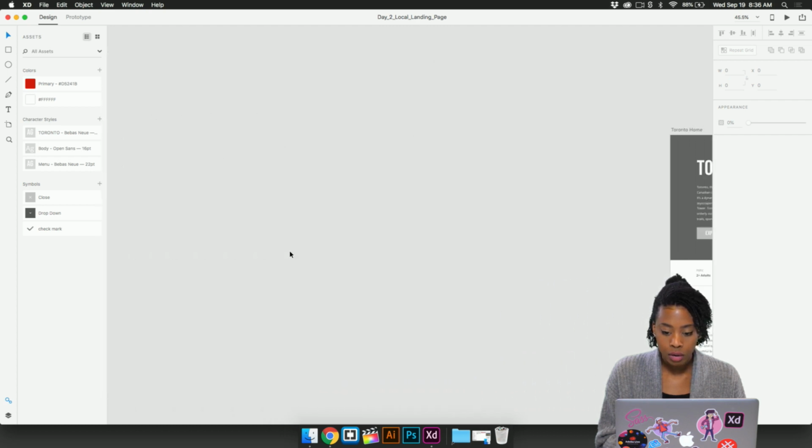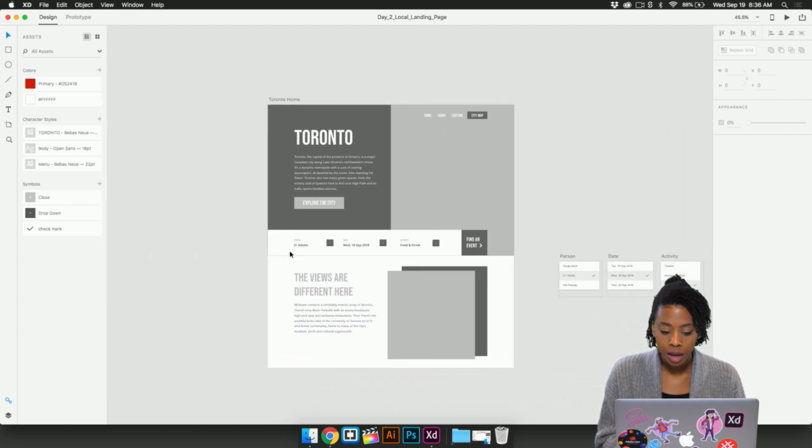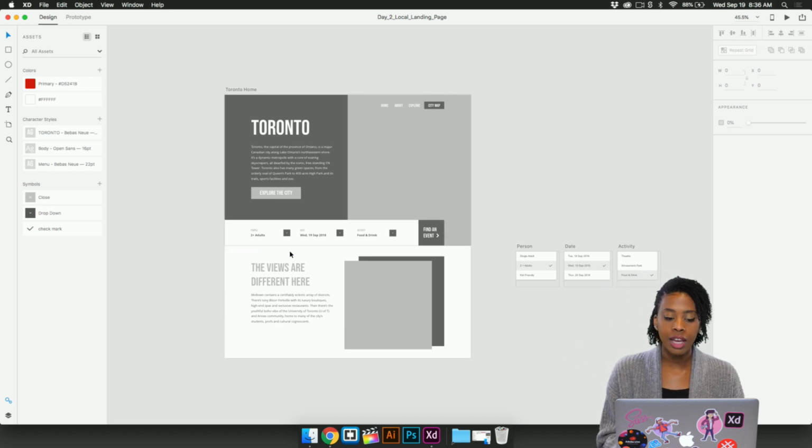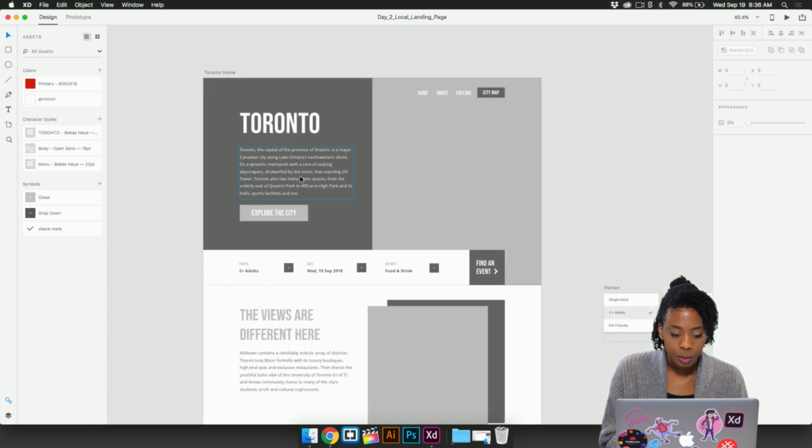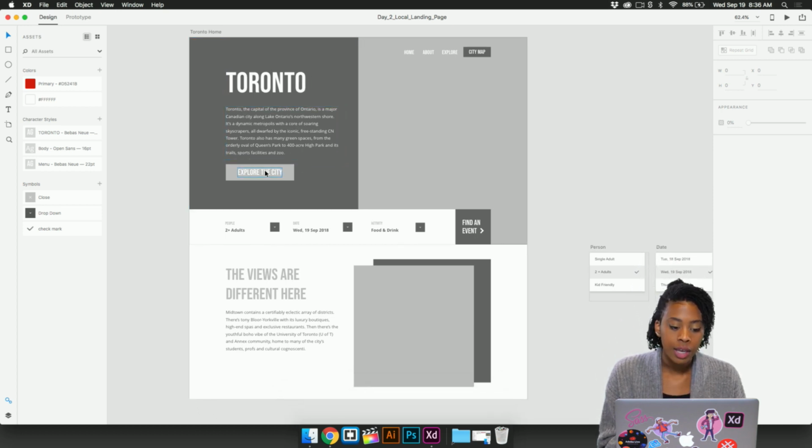So I'm going to move on over to a more fleshed out version of the template. I already have the content that I want. Big and bold, I have Toronto. I also have a nice description of Toronto right below this title or heading. And I also have a button for, if I created more screens, users to go to a different page and maybe explore the city. At the top here, I also have a menu area. So I have home, about, explore, and a city map